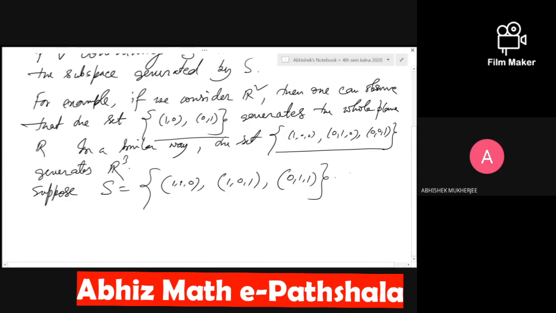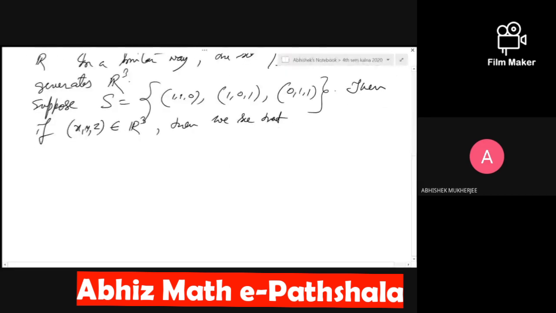Then if we consider an arbitrary point (x,y,z) in R3, we see that it can be represented as lambda 1 (1,1,0) plus lambda 2 (1,0,1) plus lambda 3 (0,1,1), where lambda 1, lambda 2, lambda 3 are three scalars,